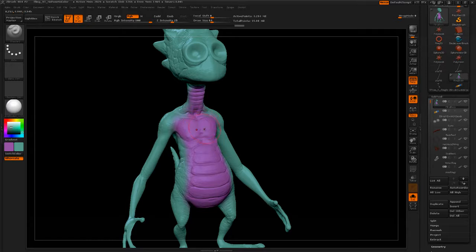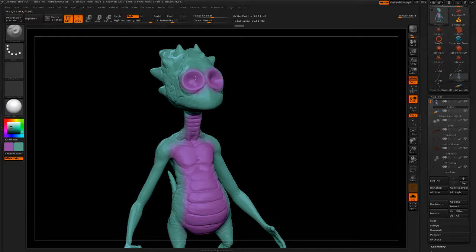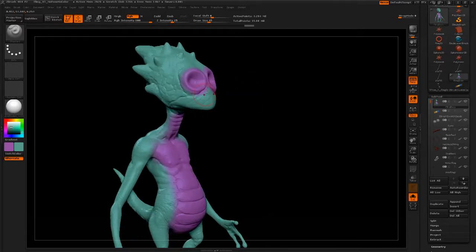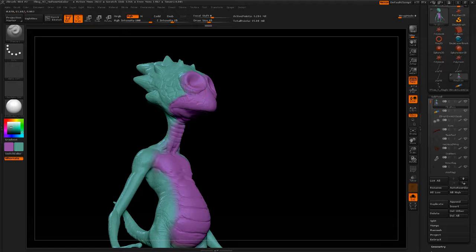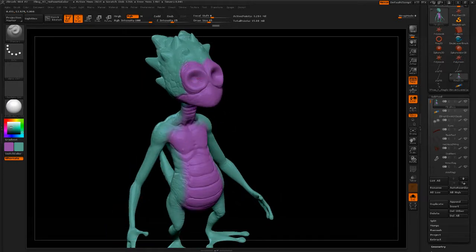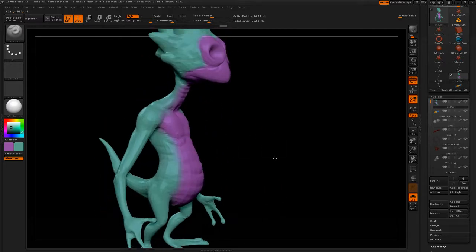I'm going to turn off my lazy mouse, so I just tap L, and I'm going to keep painting on here. I want to paint his eyes and his snout a color. This is completely up to you how you want to approach painting this thing. The next thing I wanted to show you after I have some of this stuff roughed out is